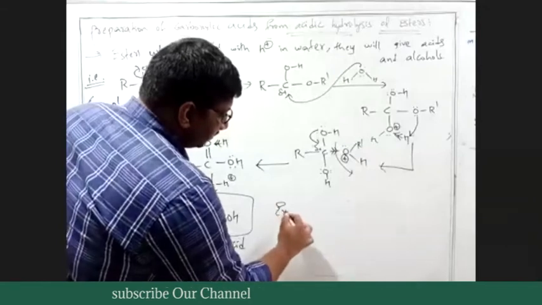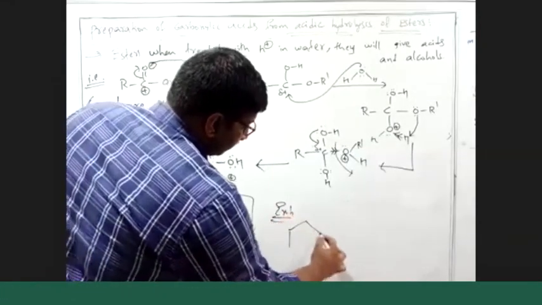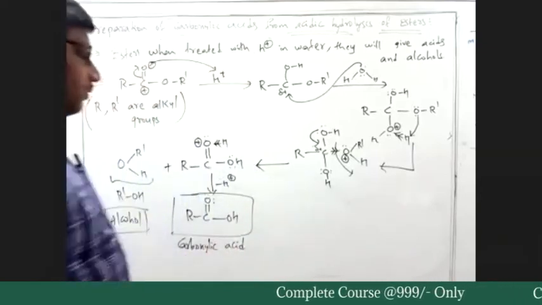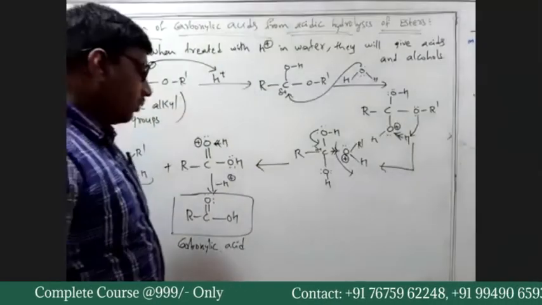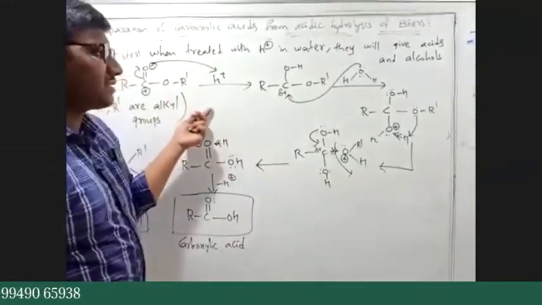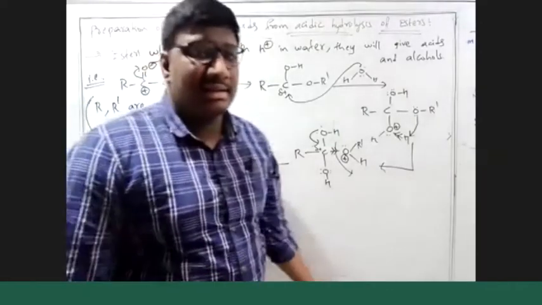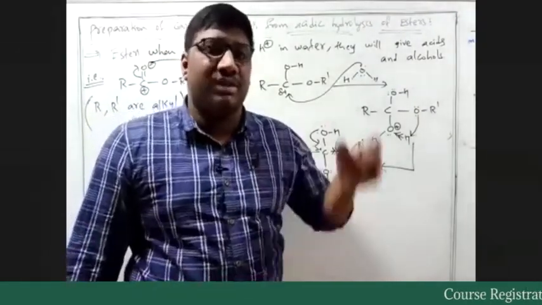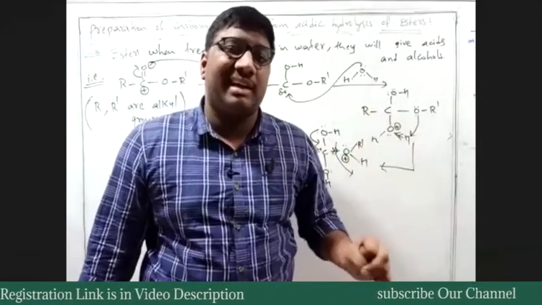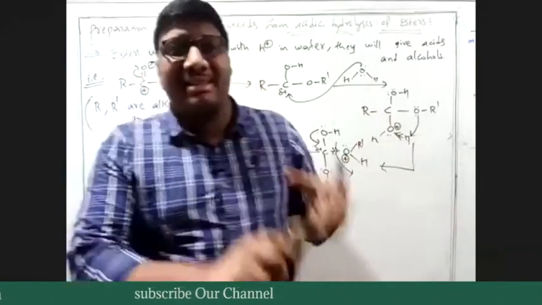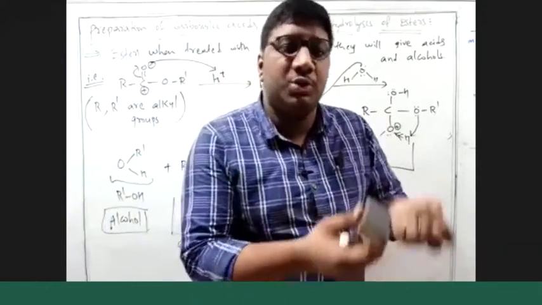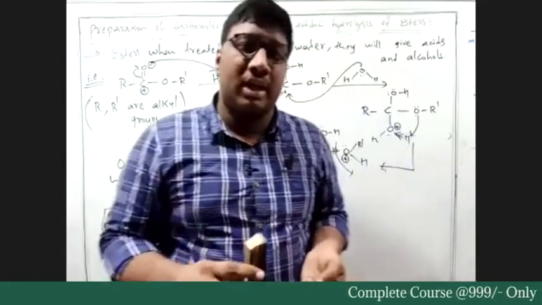So, example. Before going to the example, we should check what happens if we do basic hydrolysis. In the acidic hydrolysis, we are getting acids. Similarly, if we do basic hydrolysis of ester, we'll get carboxylate ion. But if we take a base like OH minus, we cannot have a pure ion. We should get OH minus from some NaOH or KOH.